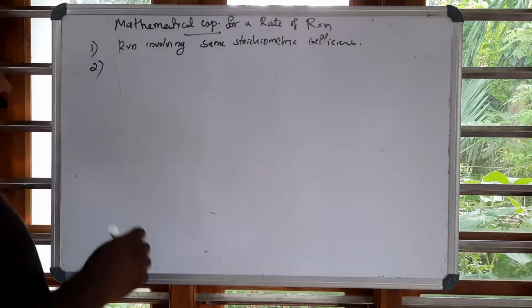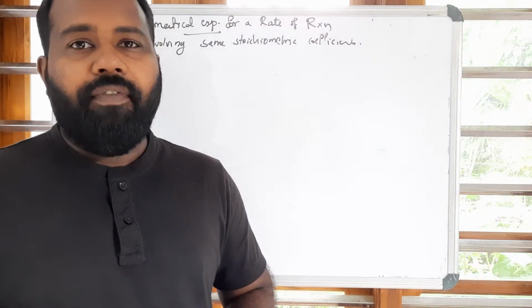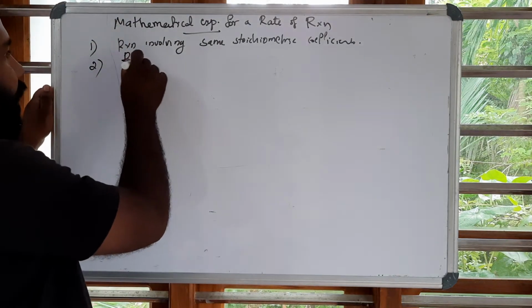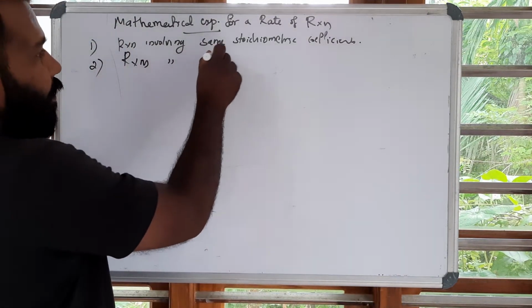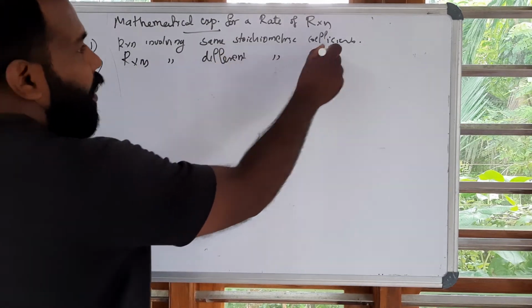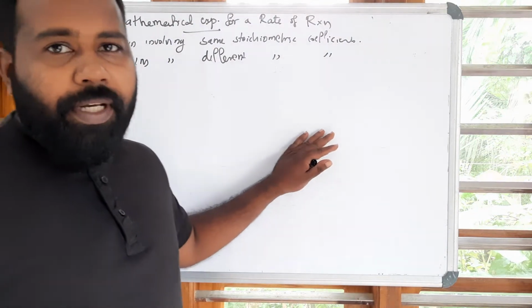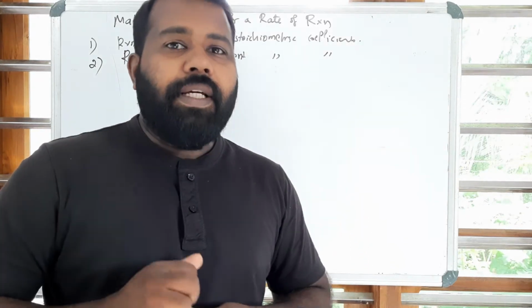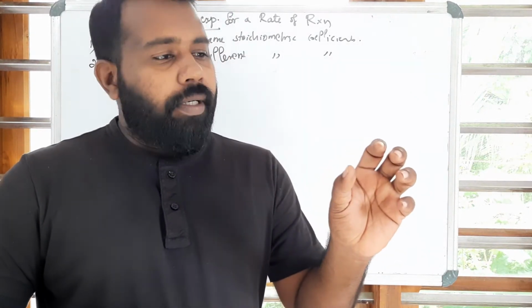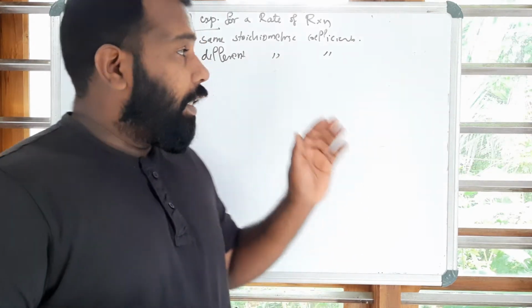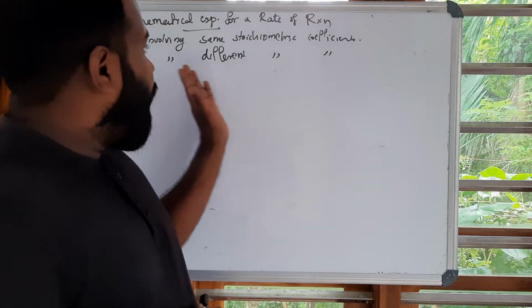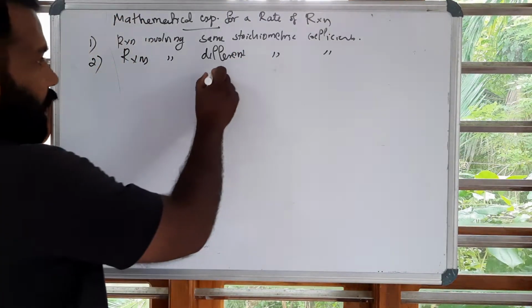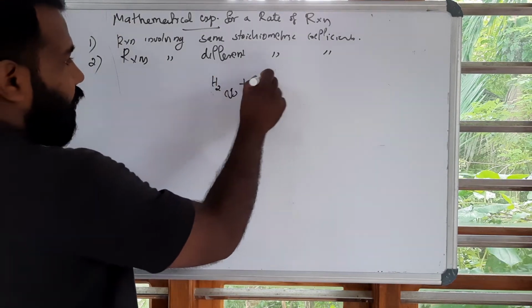Next, reactions. In the case of reactions having different stoichiometric coefficients, how can we represent the rate of reaction mathematically? So in the case of a reaction involving different stoichiometric coefficients, for example, when hydrogen reacts with